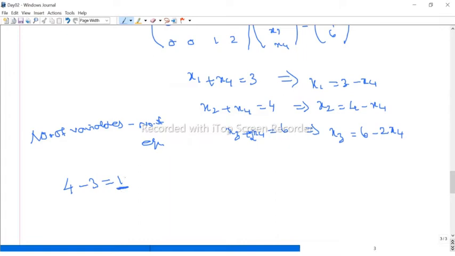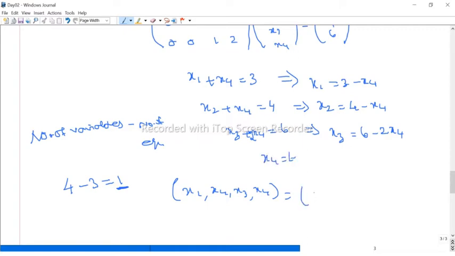So what is a free variable? We can take any value, either x1 or x2 or x3. But here there is no condition on x4. We can take x4 as any value: 1, 2, 3, minus 1, minus 2. Take any value and we get the x1, x2, x3 values, because all three depend on this one. Therefore, if I am writing the solution, it is always a 4-tuple (x1, x2, x3, x4). If you take x4 equal to t, I am taking some value t.